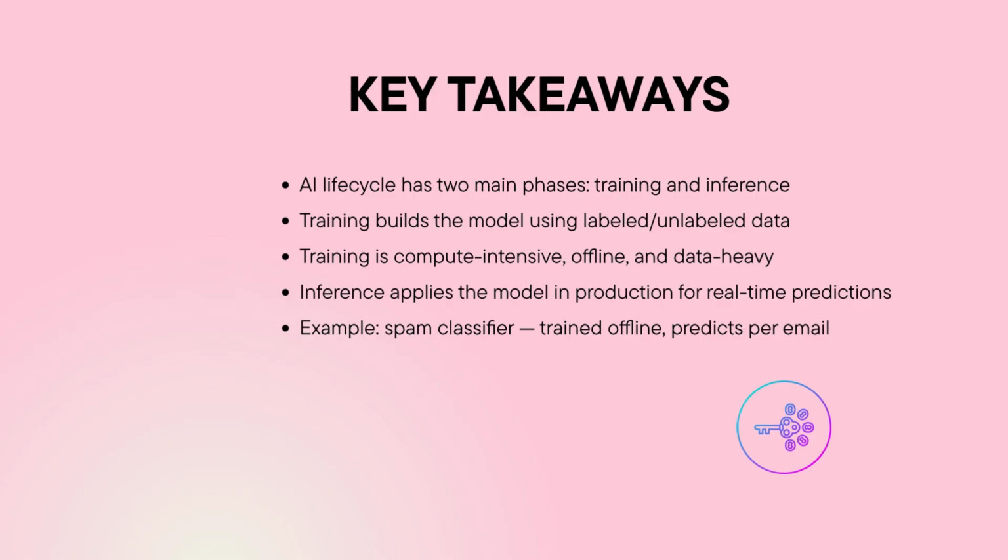Alright, so to summarize, we covered five main concepts. First, the AI lifecycle is divided into two phases: training and inference. Training builds the model from large datasets, often using powerful compute resources in offline settings. Inference applies that trained model in real time to new data, with efficiency and low latency being critical. Finally, we reinforce these concepts with a practical spam classifier example. Together, these ideas form a foundation you'll need both for the exam and for the real-world AI system design.